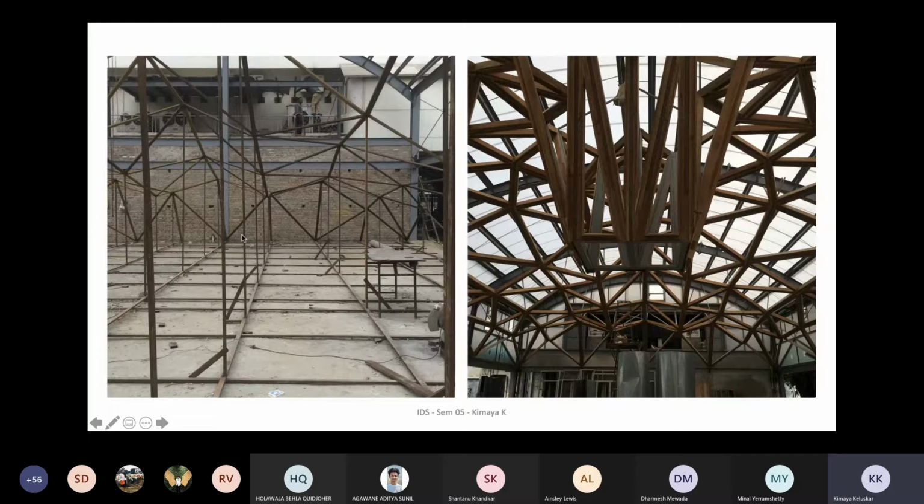So this is the entire metal framework of the roof, and then the cladding. So this is on the right hand side. You can see actually the cladding of the roof, and you can also see the upper roof, which is also polycarbonate. So it has a polycarbonate layer, and that's why you can achieve the transparency which is below.